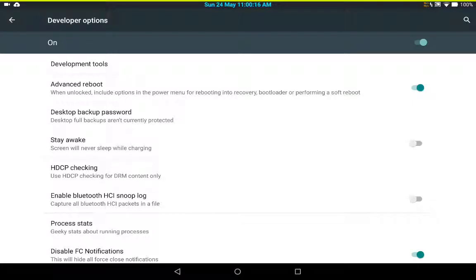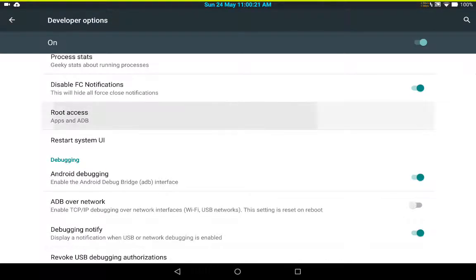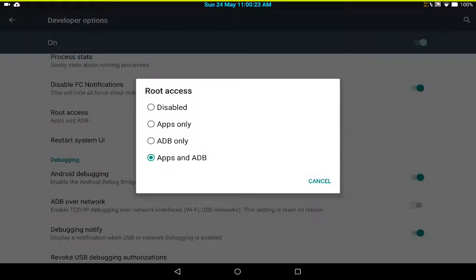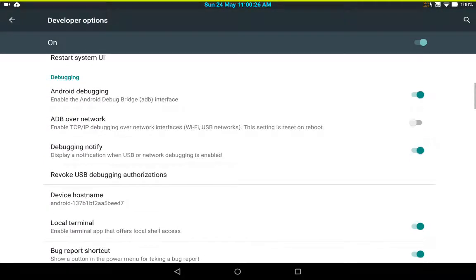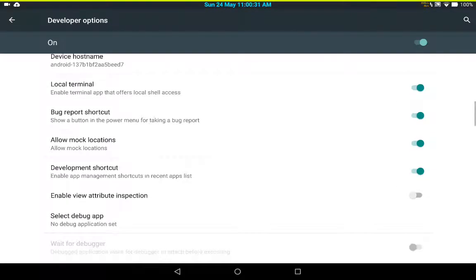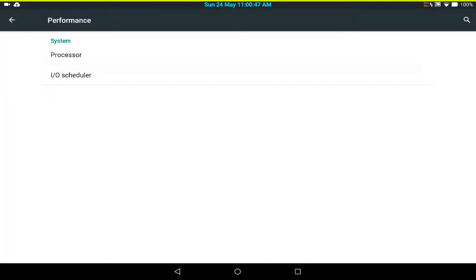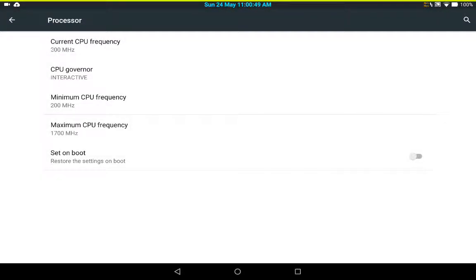Developer options are pretty straightforward. You have all the standard things that come with it. You do have to enable your root whenever you start this. Let's see here. It comes with super user on. It does have a performance enhancement built into it. You can change processor settings, governor settings, although you are limited to the